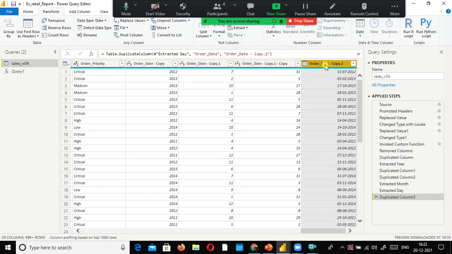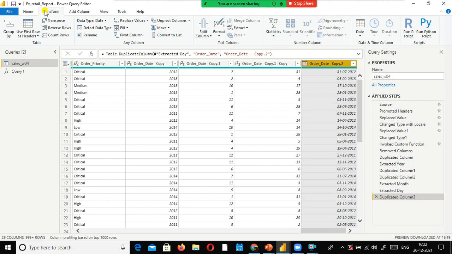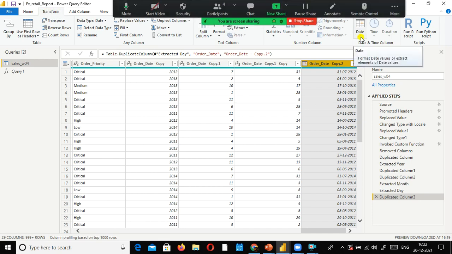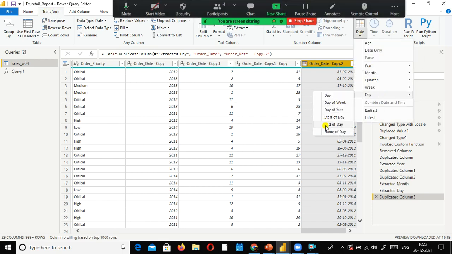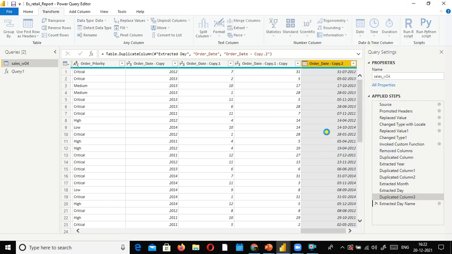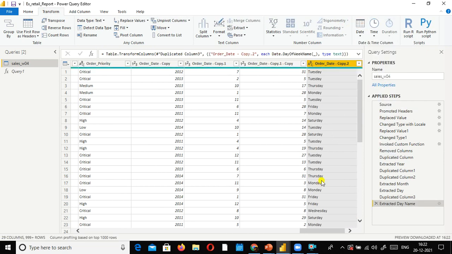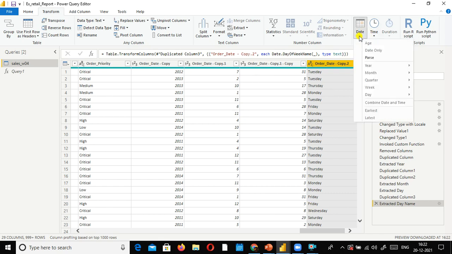First step is select the column. Step 2 is select the ribbon Transform. On the right side you will find Date, and if you want to extract the name of the day, you can do it. This is done automatically. If it is 3 days or 4 days, then you can go and check the calendar manually, what day it was, and fill it out. But if you are dealing with thousands and millions of records, you cannot check manually. Instead, you can leverage this function.